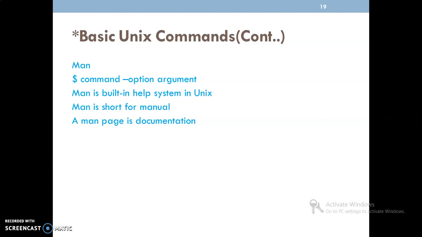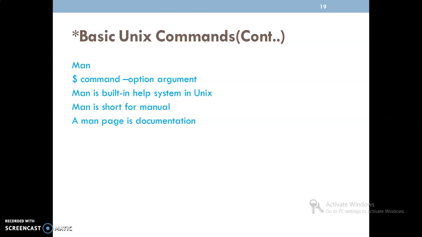First is the man command, followed by an option argument, meaning any option we can use with man, then followed by a specific command like ls. If I type man followed by ls, we get help with respect to the ls command.